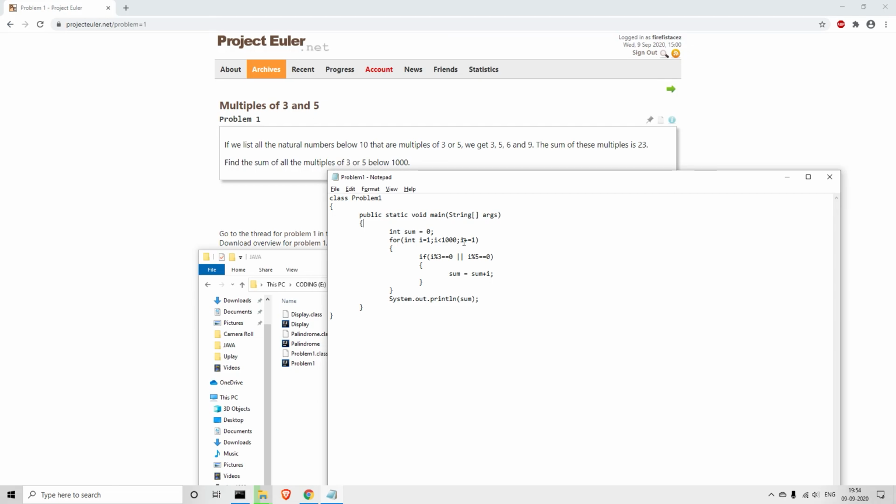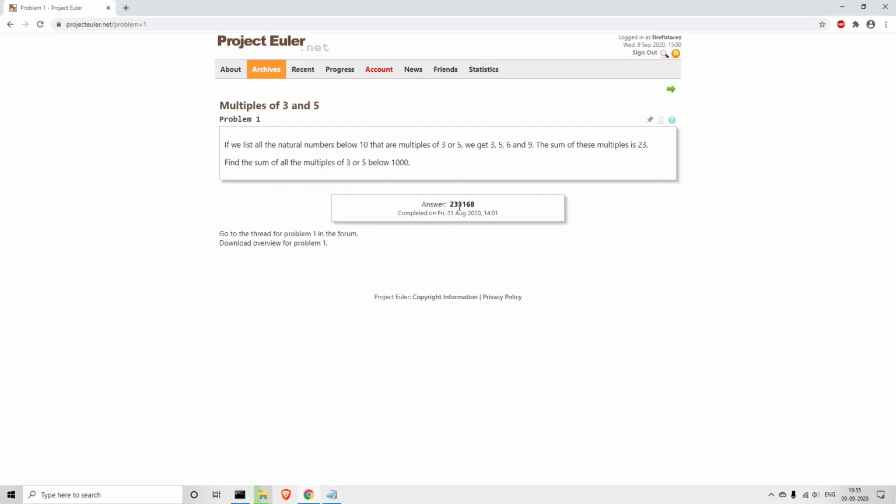So when you divide the number by 3 or 5, it should give you 0. In Java, for using the OR, we use these two vertical lines, and if this condition is true or this condition is true, the number has to be added to the sum. So the sum of all the multiples is indeed 233,168. I hope everyone has understood. Thank you guys.